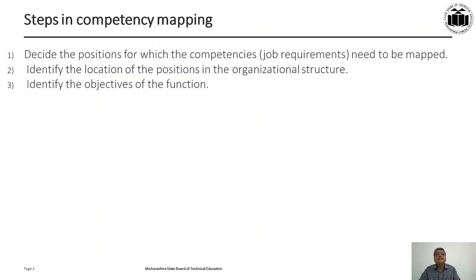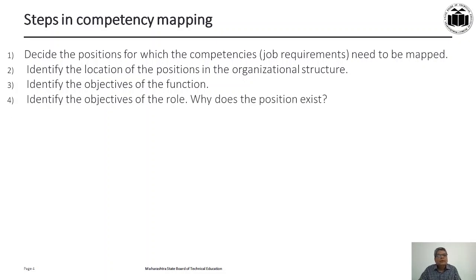Then what are the objectives of that function? So what is going to be achieved by the function at that particular position? Now, what is the role of that person when he is doing that job? So, what is the objective of that role? So, whenever you are positioned, you carry on that role. When you are put as a production manager, you do the role of a production manager, isn't it?